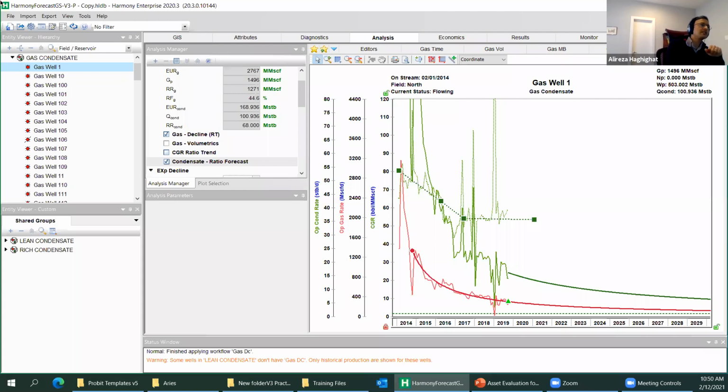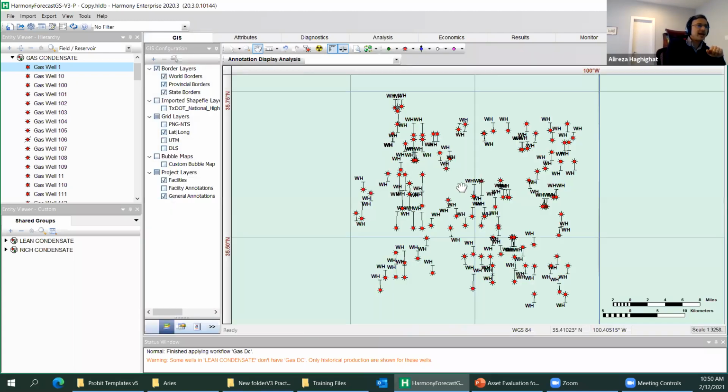Now, the question is, in this asset, you see there are some undeveloped areas. Look here, we are going to drill a new well in that region. The main question is how much that new well is going to produce. So as part of your asset evaluation, you should understand the performance of the new wells that you are going to drill in the undeveloped areas of your reservoir, of your asset. If I drill here at this location, if I drill here, if I drill here, how much would be the